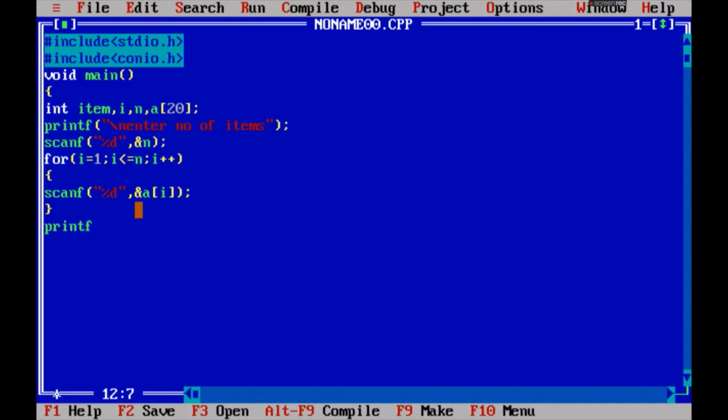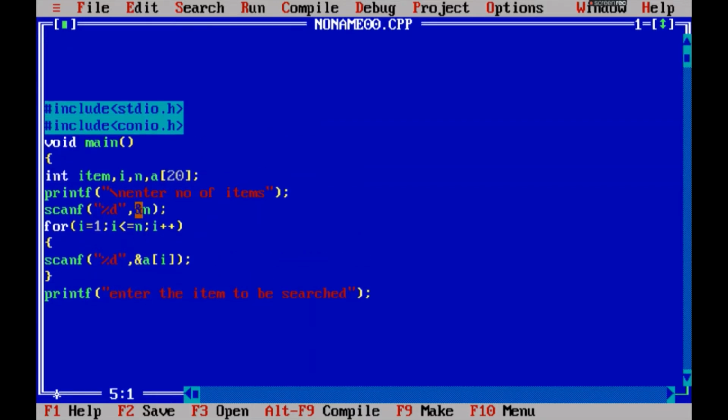printf enter the item to be searched. Using comments we can just add that linear search.